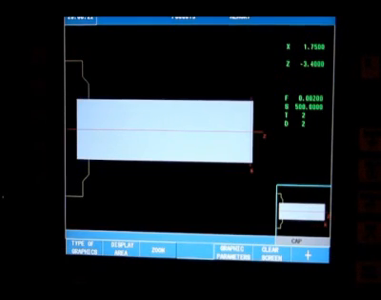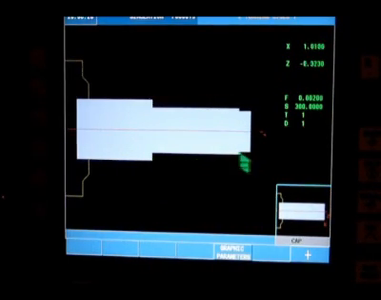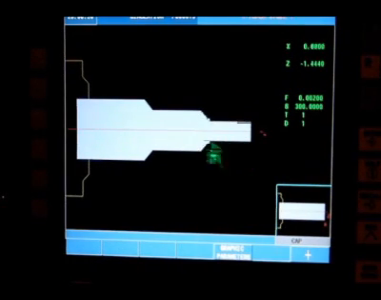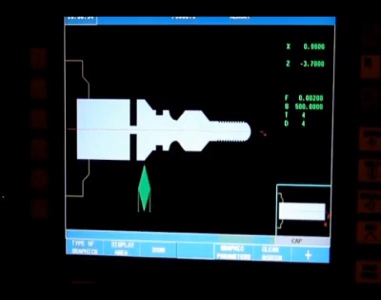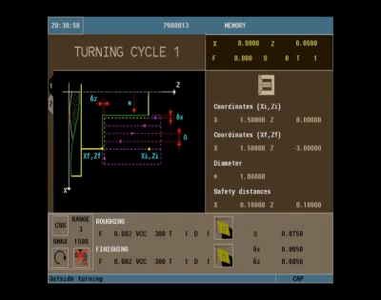Videos have been generated to be a guideline for your assistance for the conversational programming of the Fagor 8055 control. In this video, we will be exercising all of the main CNC cycles, including tool calibration, turning cycle,